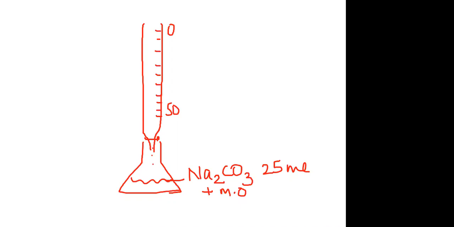Now, once this is done, when the solution just turns pink, as it is also given in the instructions, you have to constantly shake the flask till the last drop gives the permanent pink color. You have to allow the solution from the burette to fall drop by drop till there. Once you get the light pink color, you stop.